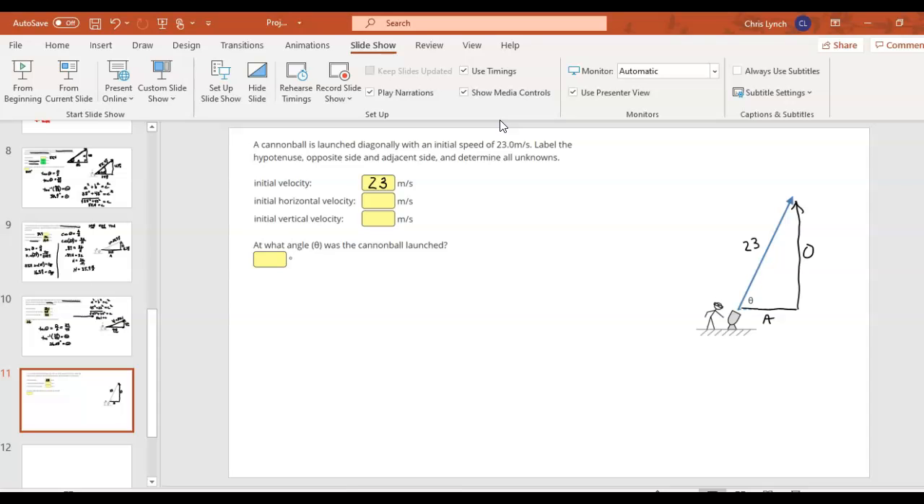But they didn't give us an angle. If they gave us an angle, we could figure out these other two sides. Or if they gave us one of the other two sides, we could use Pythagorean theorem to find the other side and then find the angle. But if they only give us one piece of information, which is not enough to really solve this problem, we're simply going to say